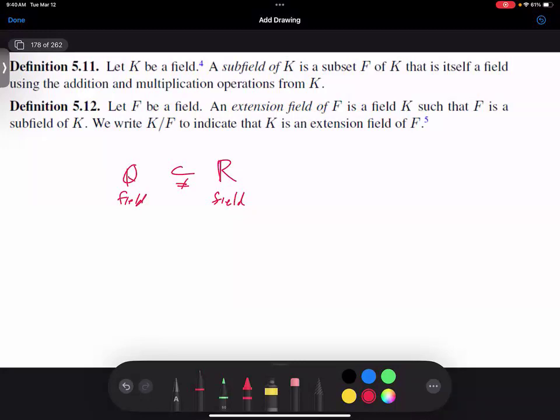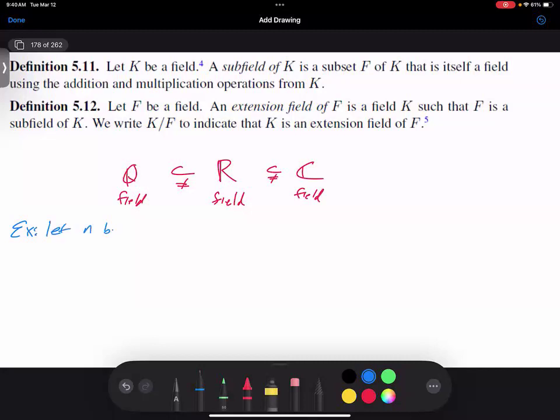See, the complex numbers. Now, there's more than one possible subfield, or sometimes there's more than one possible extension field. So for example,